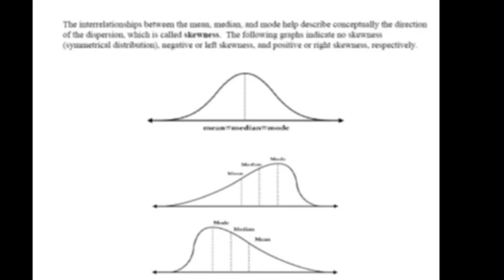Okay, here is a look at these three measures with respect to the shape of the distribution. Depending on how skewed the distribution is, we will see a relation between these three values. If you look at the first graph, we have a symmetric distribution. It's a bell-shaped curve. And for a symmetric distribution, the mean, the median, and mode have values very close